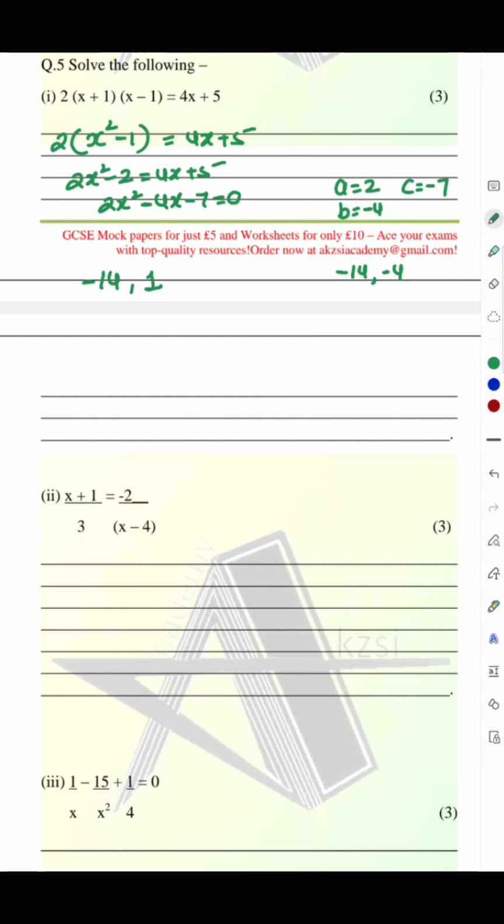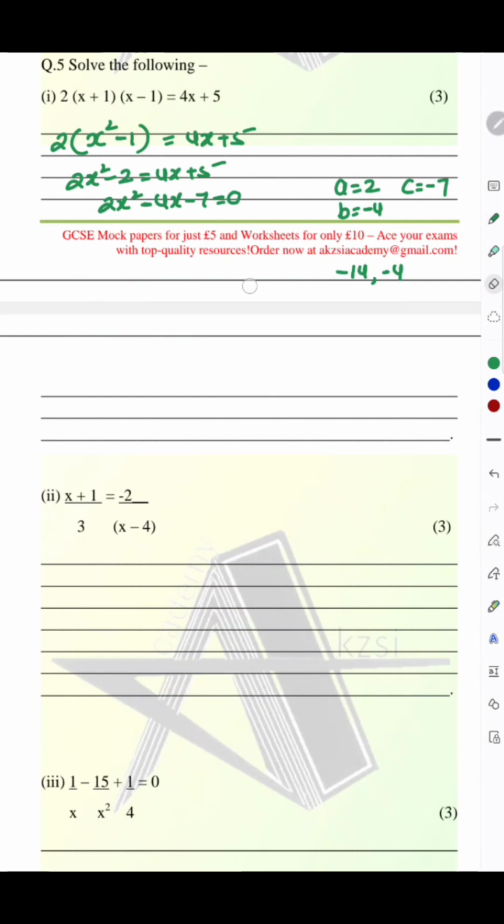Now you have to see the smallest prime number that can divide 14. That will be 2, and 14 divided by 2 will be 7, so minus 7. Other than that, the next prime number that can divide 14 is 7 itself. So again you will get the same combination. So these two combinations are the possible combinations in this case. And because your sum has to be negative 4, these two are not going to give me any answer. So factorization is a little bit tougher in this case, so we can opt directly for